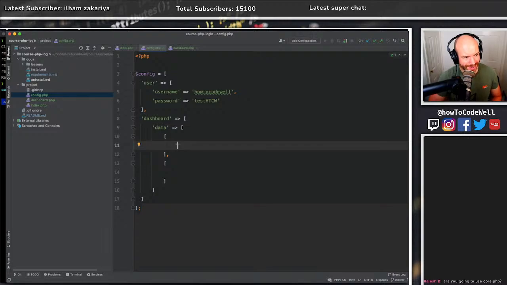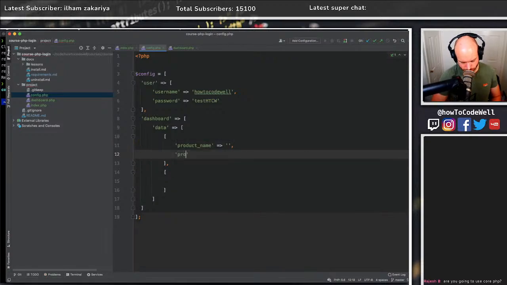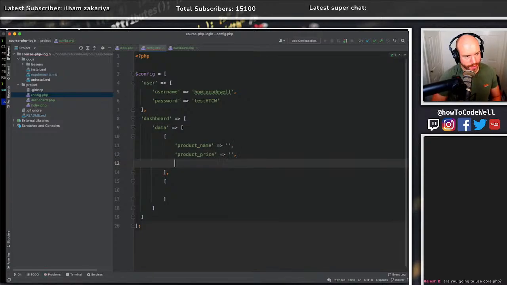I guess. What am I going to do with this data? What shall I put in? I guess we could do just the data of products, can't we? So let's do product name. And let's do product price. Let's also do